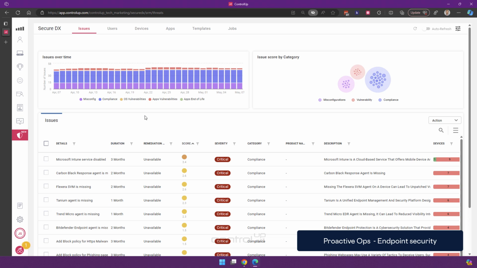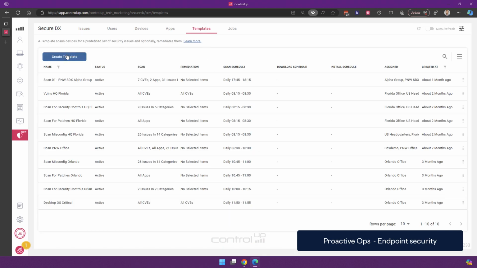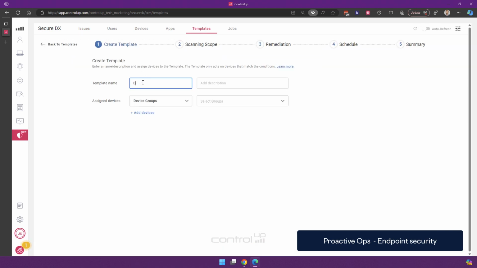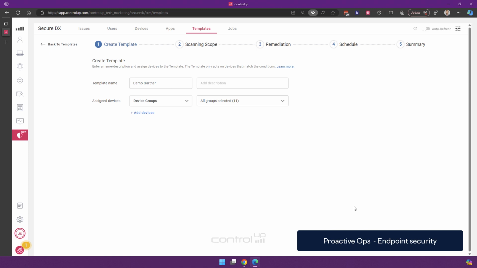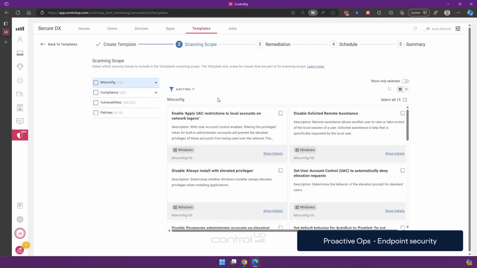Now, the most important part to be proactive is the use of templates. And templates are basically twofold. So let's just create one in here. I'm going to select which devices or which operating system. So in this case, I want to run this template on all my devices. It basically gives the IT admin the flexibility to define what is considered the gold standard of endpoint security in their environment, meeting their requirements, ensuring that they can configure what they want to check for.